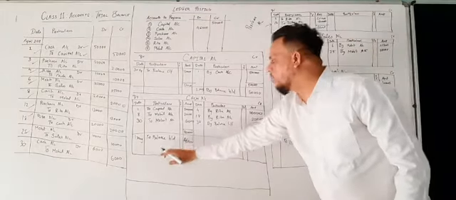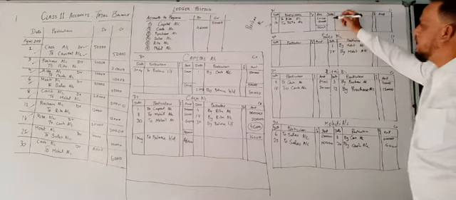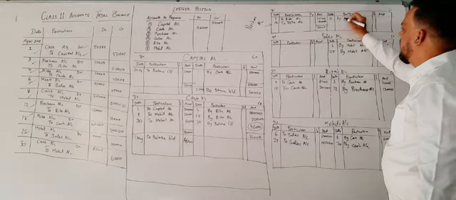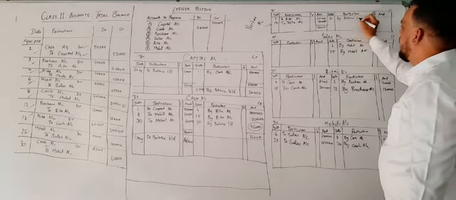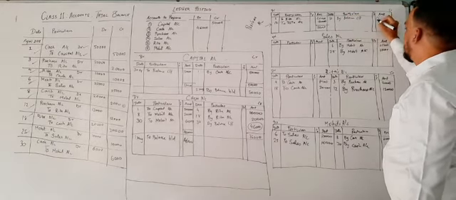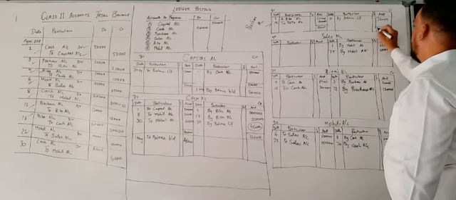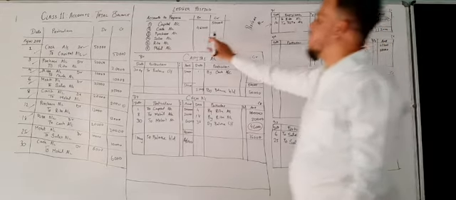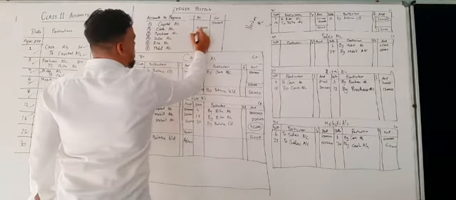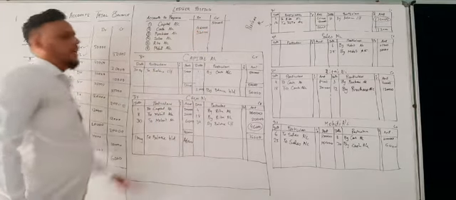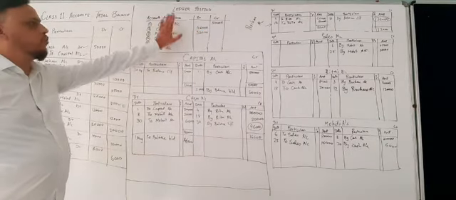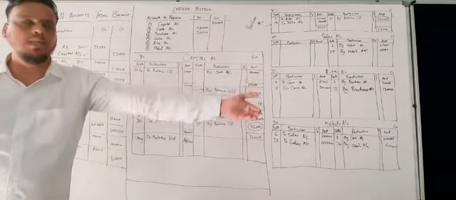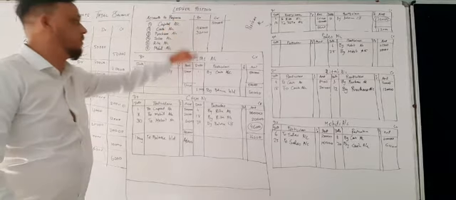I will not write this now because space is not there, but you have to write it in your book also. On 30 April by balance carry forward as 32,000. So here the balance is on the credit side, but you have to transfer it to the debit side. That purchase is 32,000. Actually, in the trial balance, you have to make sure that the balance which is being carried forward to the next month has to be entered over here.